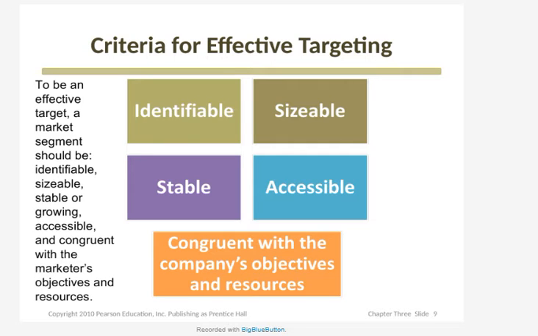Okay? So they must be different. They have different characteristics. They must be identifiable according to a certain criteria, and according to age, yes, I can identify this segment. So the first condition, check. Yes, it can be identifiable.